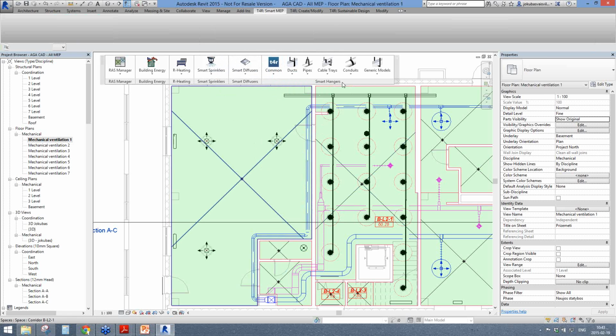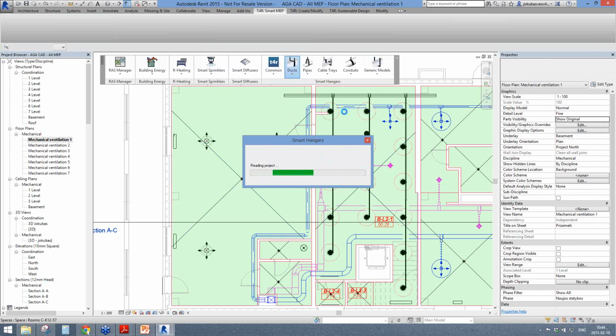So we have created the smart hanger solution. This solution can hang or support line-based MEP elements like ducts, pipes, cable trays, conduits, or generic models. So I have ducts here, so I will use the duct functionality. It works with each of these integrated Revit families. So I will insert the horizontal duct hanger